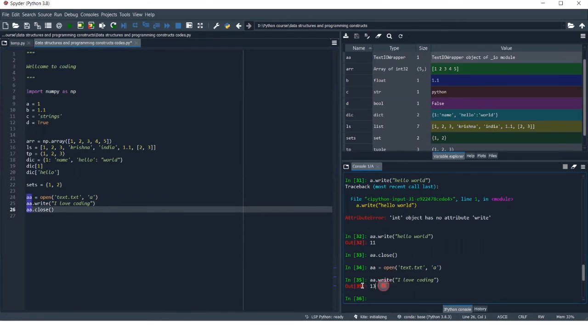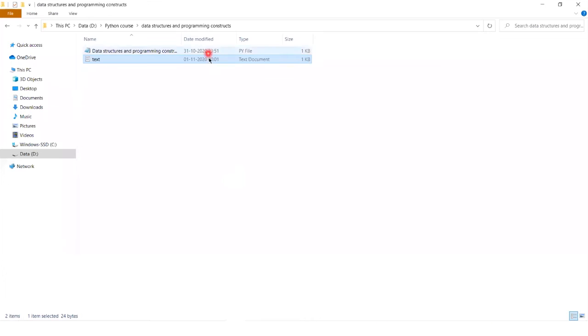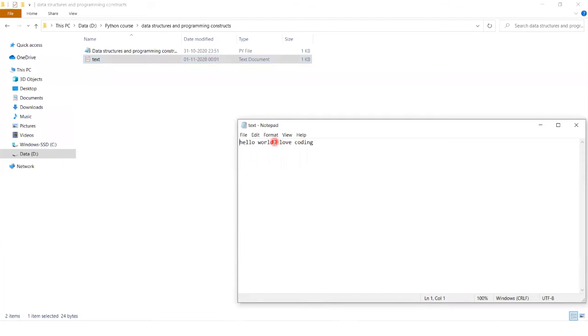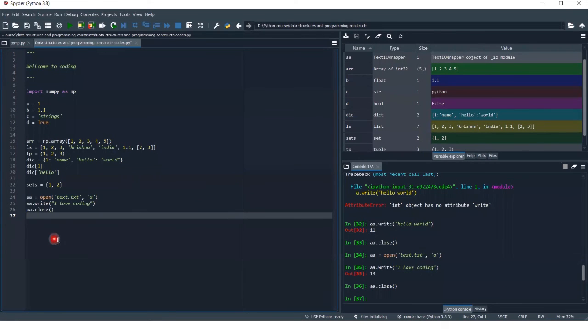It returns 13, the number of letters I wrote to my file, then close that file. And now I'm gonna open this. As you can see, hello world is already written, and now it added I love coding. Because I don't add slash n here, that's why it's showing on the same line.